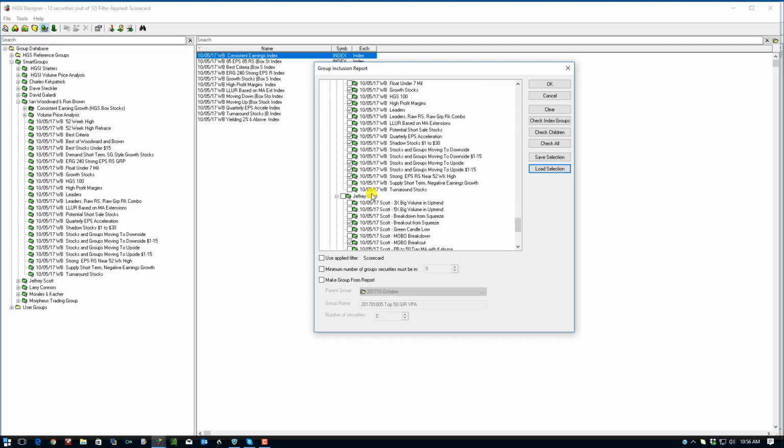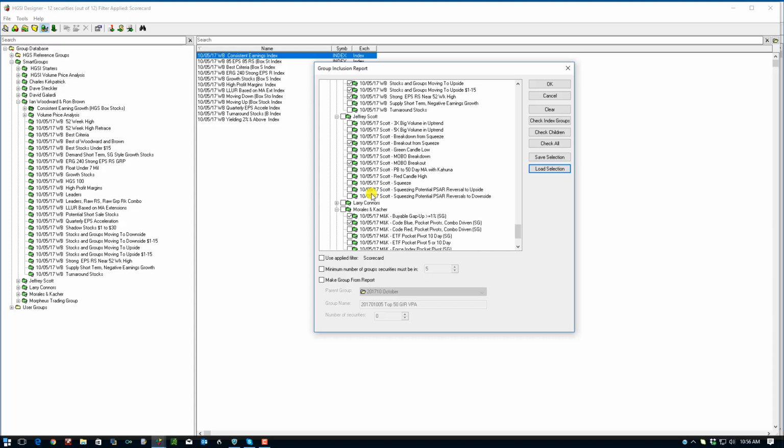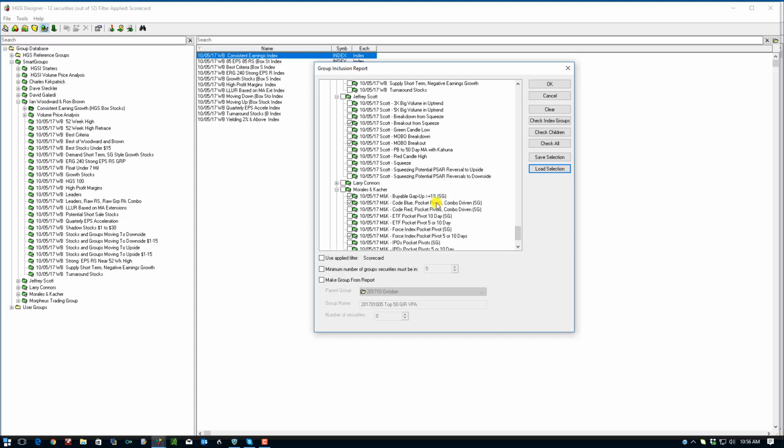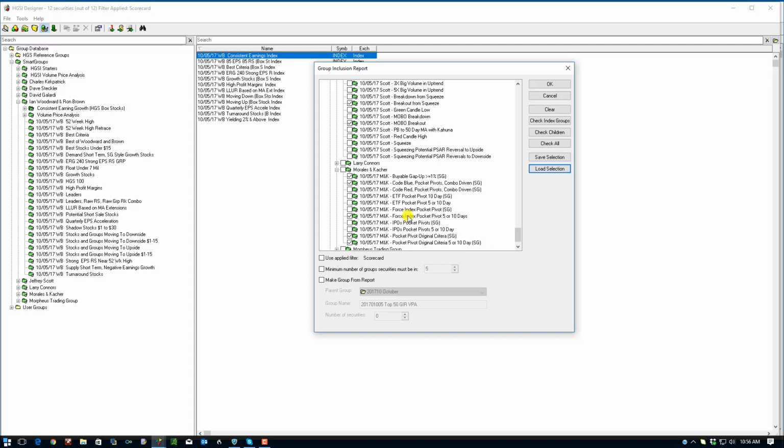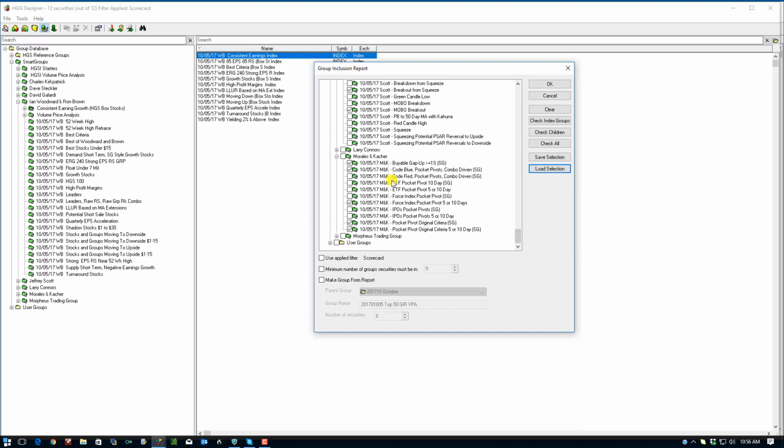The bulk of these are going to be Woodward and Brown, but as I said in the prior video, there are other people whose work I am using to generate this report. And what I'm looking for are the most instances of the smart groups appearing,